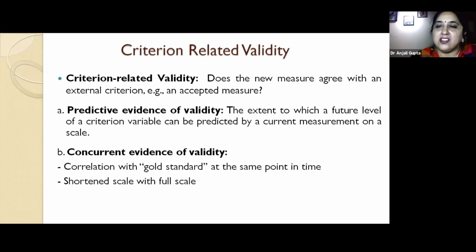A well explained session, sir. A lot of compliments I'm receiving in the chat box, for which I am thankful. Sir, in a very simple manner, has clarified the different types of variables and the type of data to which each must be applied. Sir has also discussed in detail the concept of reliability and validity for us, and all the questions that we think are available have been answered by you. We are really thankful, sir, for gracing the occasion and being a part of this faculty development program. Thank you, sir, once again.